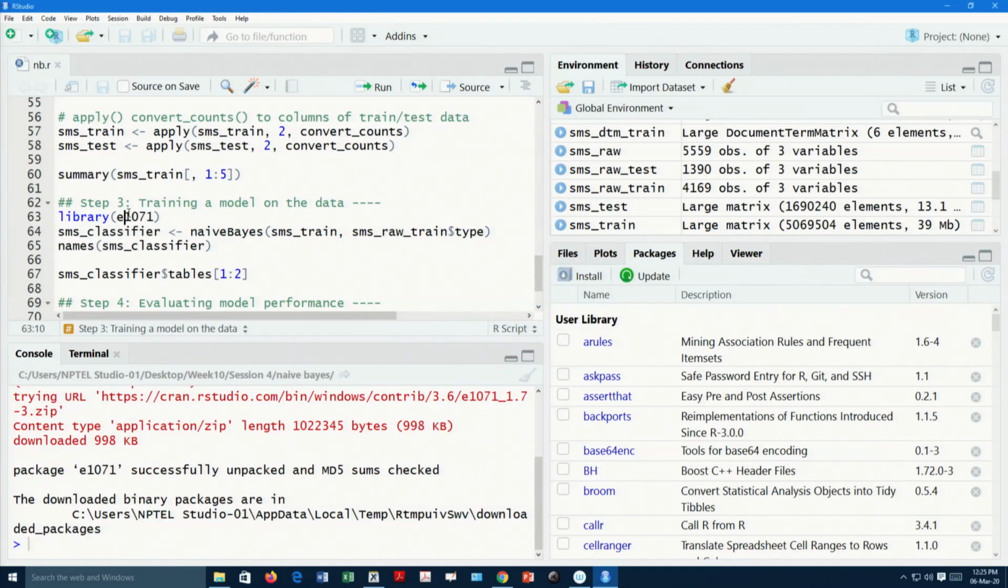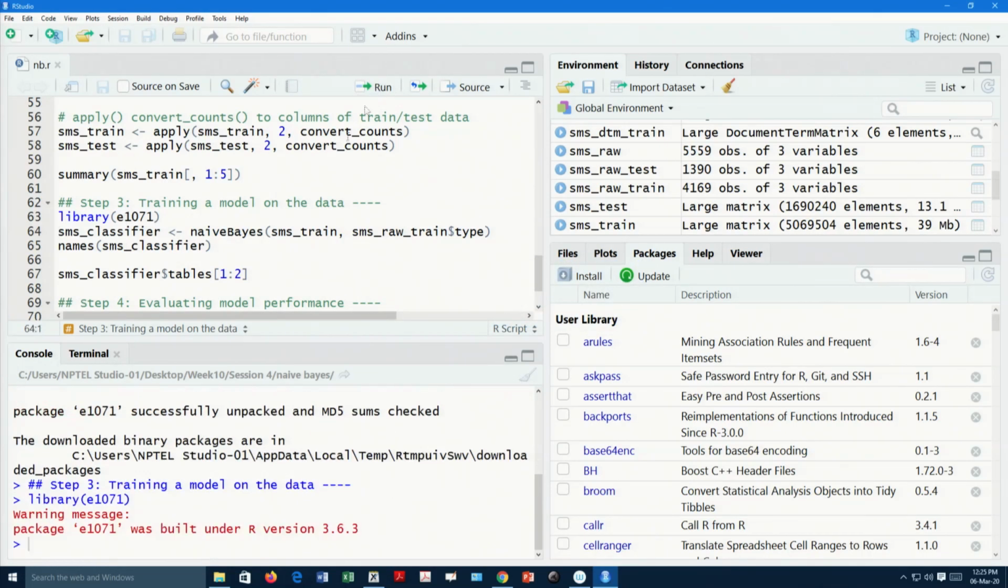Okay, it has been installed. I am calling the library now. It has been called. There is a warning sign, but we probably don't care about the warning sign. And the function is naive Bayes, where the DTM is my x variable and the y variable is the SMS